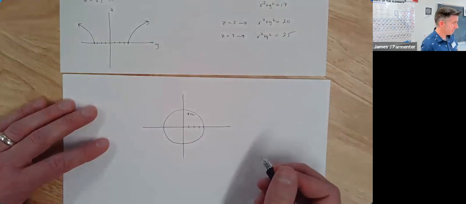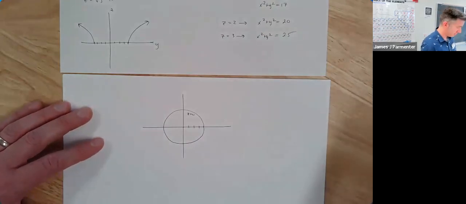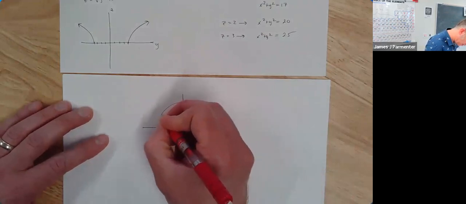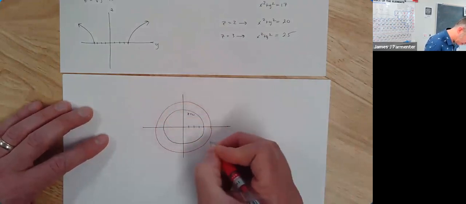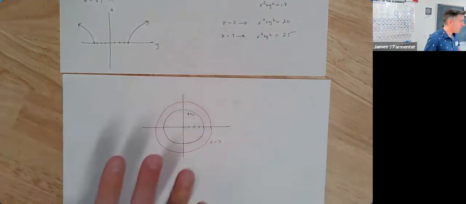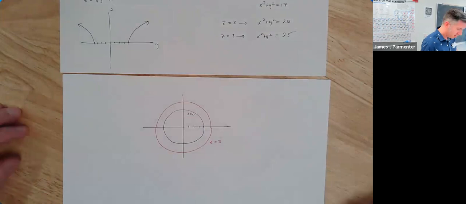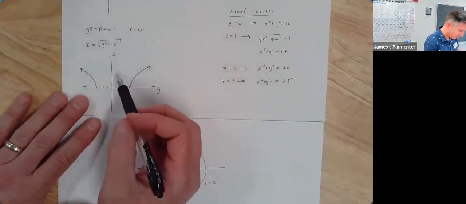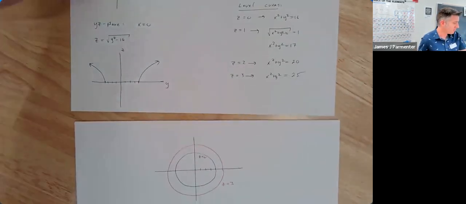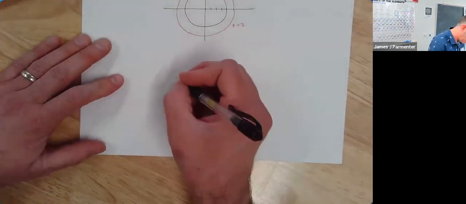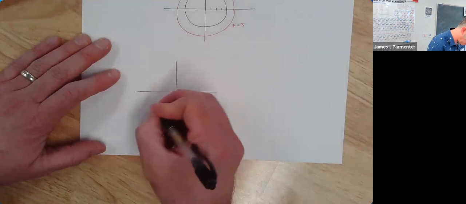I'm just going to try and draw the next one that I know I can draw relatively, not terribly. When I go to z equals, say, 3, I get a circle of radius 5. Wow, that's good. So as we go higher up, the circles get bigger, which I think now, combining my traces with my level curves, I feel like I could probably try and do an okay job of graphing this 3D surface. It's probably going to look something like,